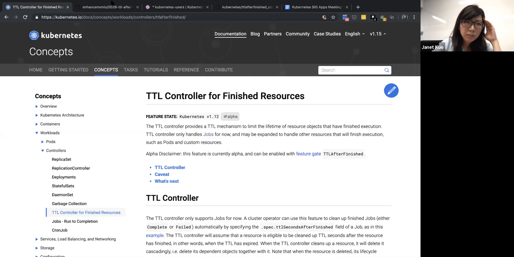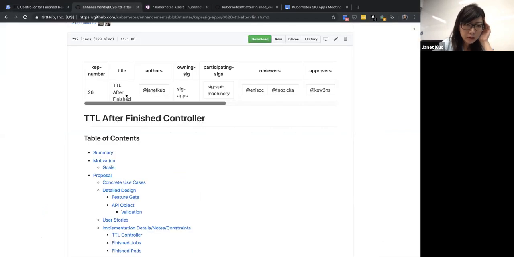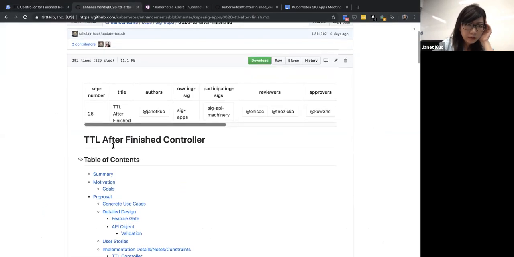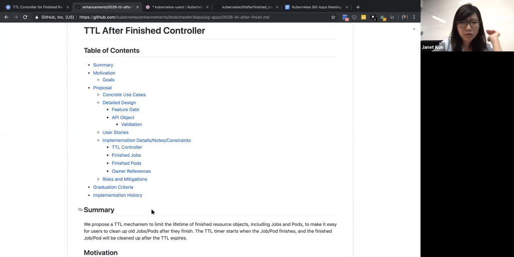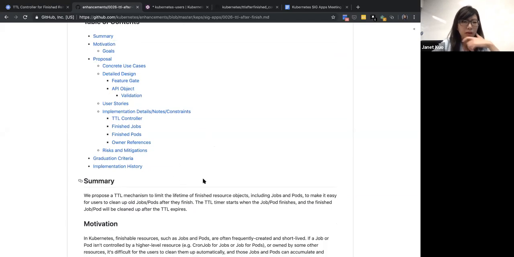So I have a KEP here, and it's in SIG Apps. And then I want to bring this feature to beta. So I'm looking for contributions to help me bring this feature to beta. And I also want to introduce this feature to finished pods as well. And the code is pretty simple.